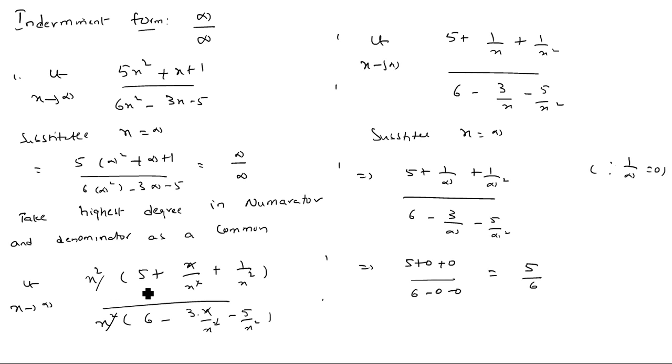Then we get x square into 5 plus x by x square plus 1 by x square, into 6 minus 3 by x, equal to this one. And finally we substitute x is equal to infinity, and we get 5 by 6. And the next one is, the main important formulas are